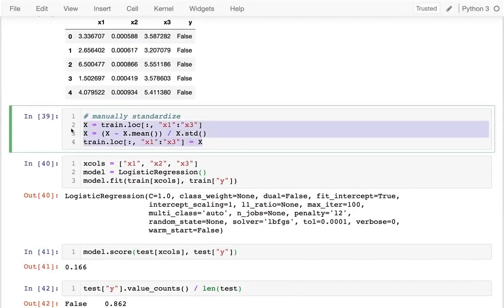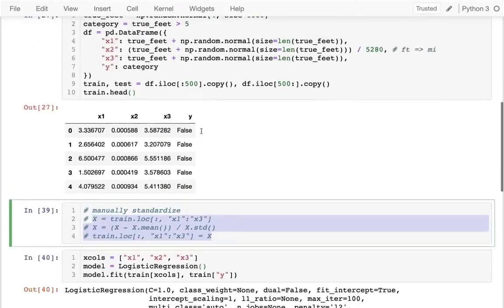Now it turns out that to do this right, I have to calculate this mean and standard deviation on the training data, but then I have to use that same mean and standard deviation on the test data. I can't retake the mean on the test data. And so the methodology of this gets a little bit complicated. And so generally we won't do this. Generally we'll have sklearn do that for us. And so it turns out that there's a pre-processing step called standardization, and we're going to use that instead of